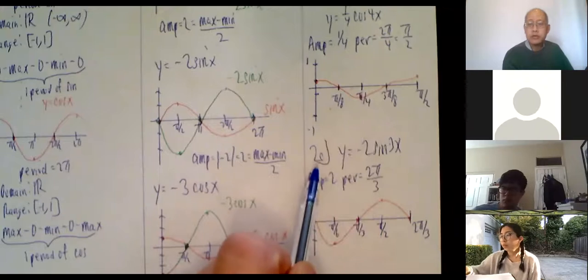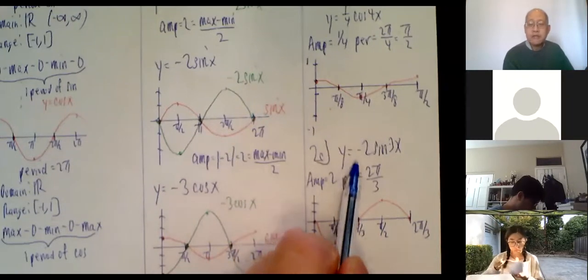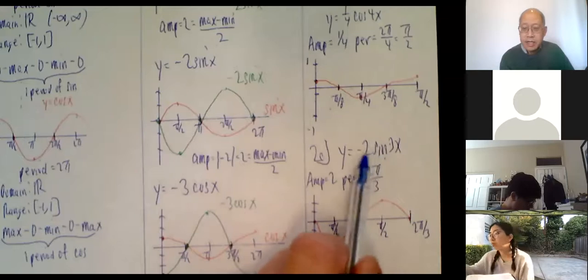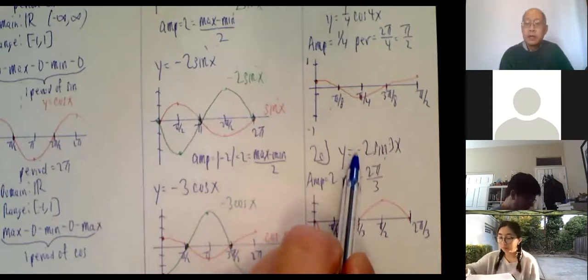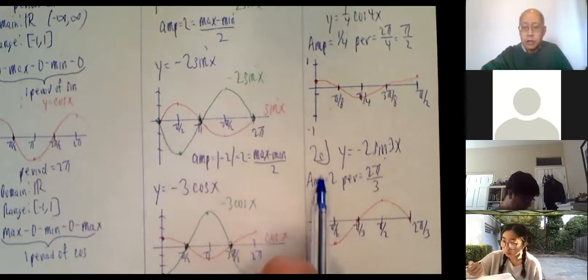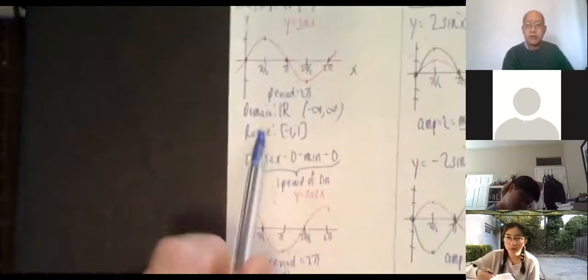Okay, let's try 2c. y equals -2 sine of 3x. It's a sine type function. The amplitude is the absolute value of -2, which is 2. The negative means it goes opposite of what the regular sine function does. So if you look at sine,